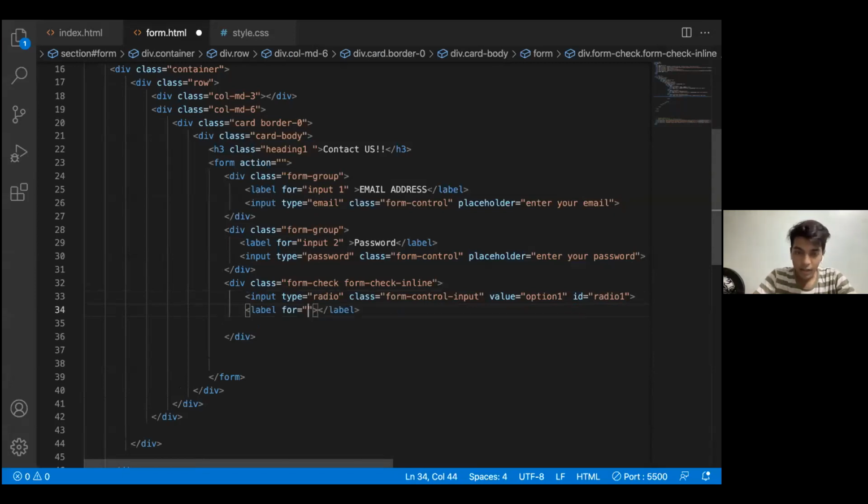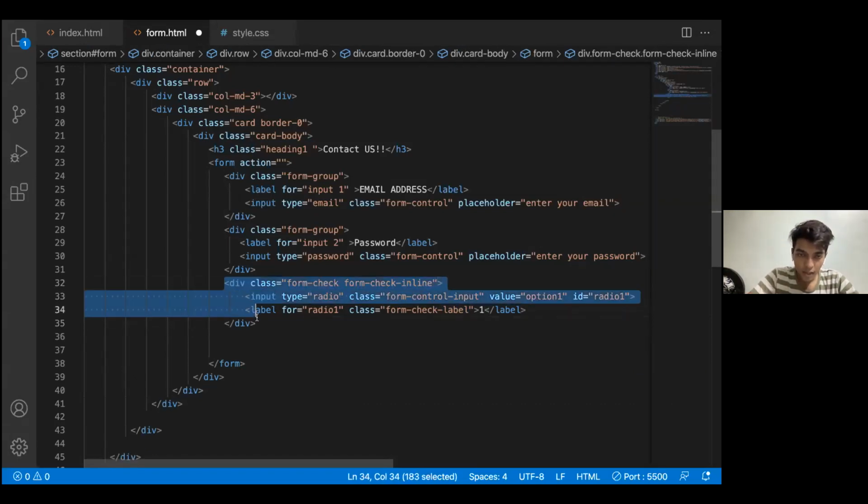So the label is for radio 1, and the class should be form-check-label. Form dash check dash label. Okay, and I'll be labeling it as 1. So here the first radio button ends.